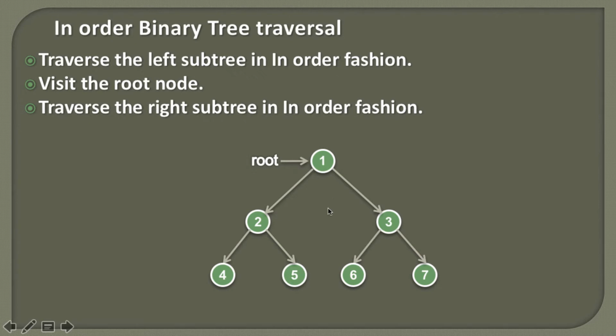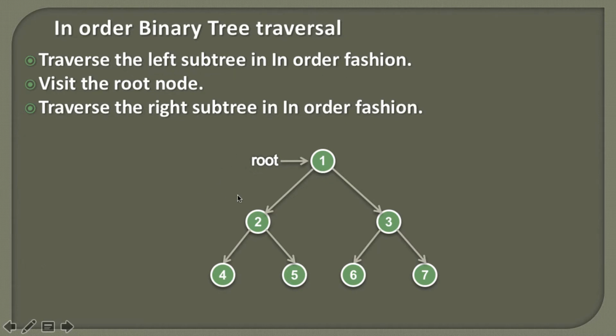So let's take an example of the below binary tree. Now let's suppose we want to visit each and every node of this binary tree. So we start with the root. Here you can see root is pointing to node 1. Now we apply these 3 steps on the node 1. Step 2 is the processing of the node which we are currently pointing to. So before processing the node 1, we first traverse its left subtree.